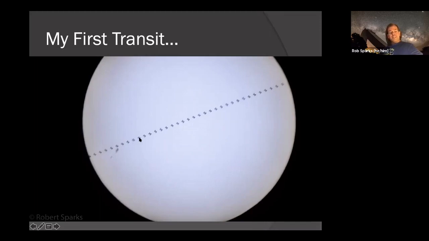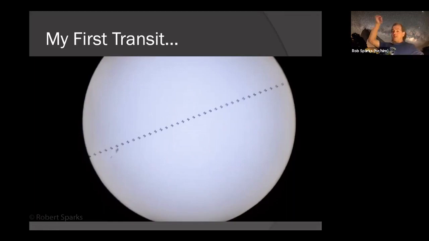I want to say the distance this transit was probably about 650, 700 kilometers. I'd have to look up the exact distance, but it was in the 700 kilometer-ish range, roughly. And of course, this is my first one. I didn't realize how much bigger the station got when it was actually at a close pass.